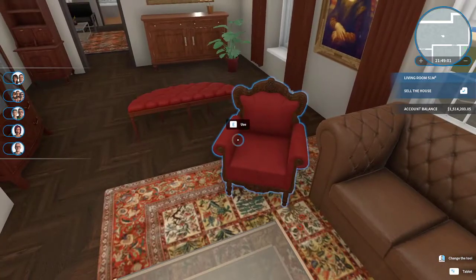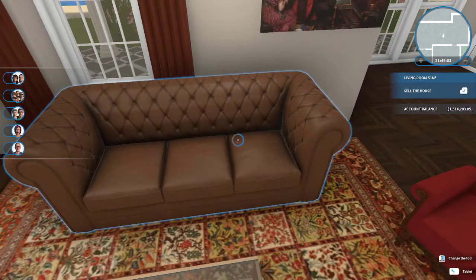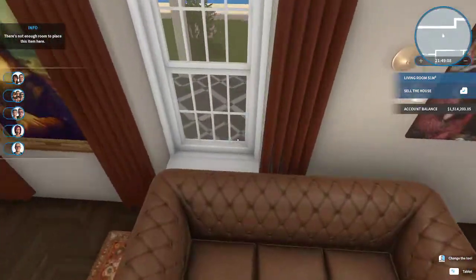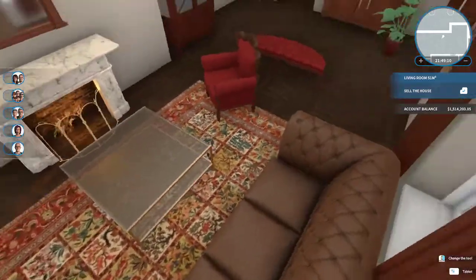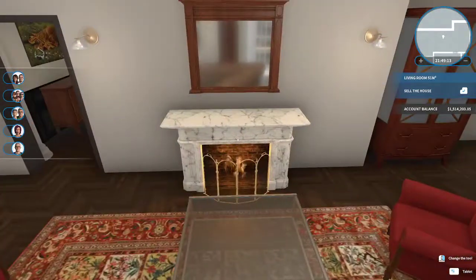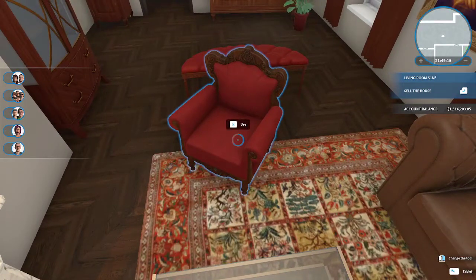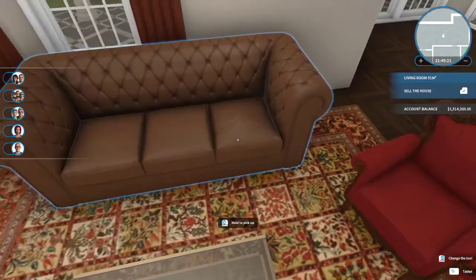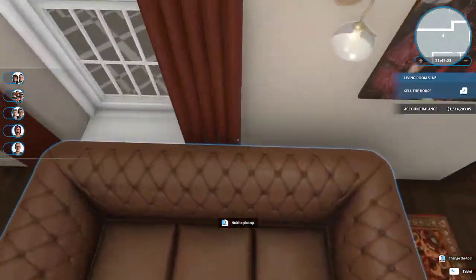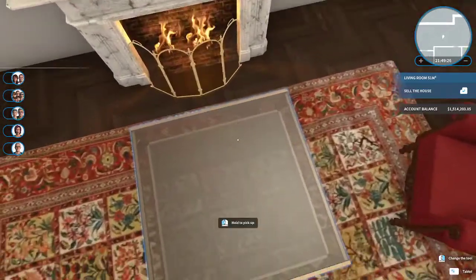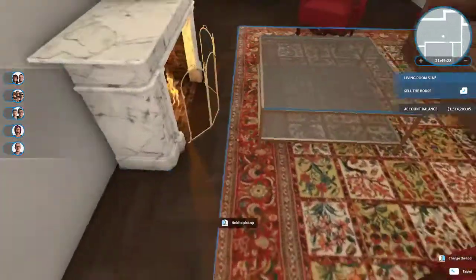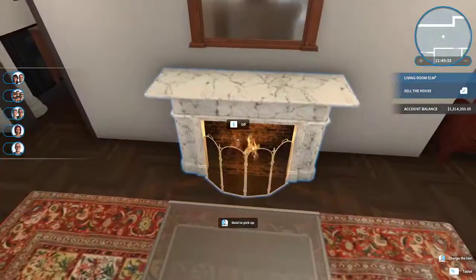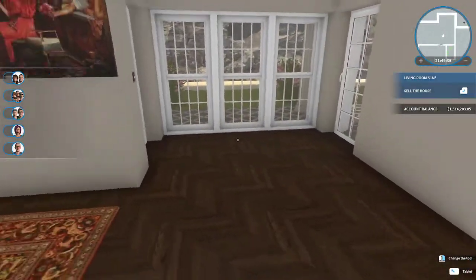Oh, you gotta move. Yeah, I think that's pretty even as far as the couch. Why does it seem like there's so much more room? Oh, the coffee table needs to move over a little. Okay, so